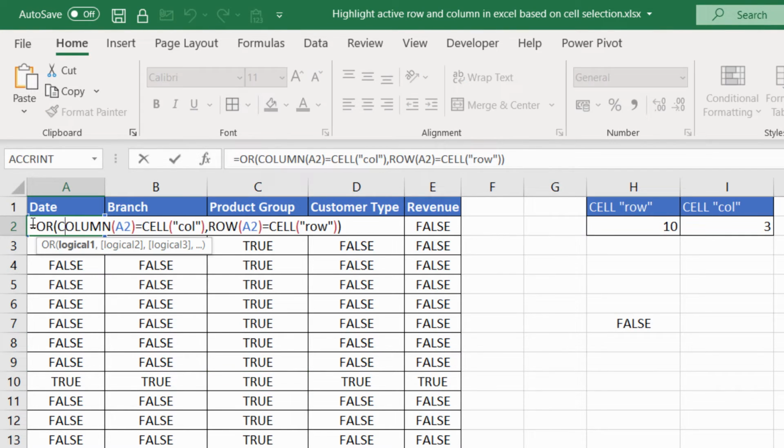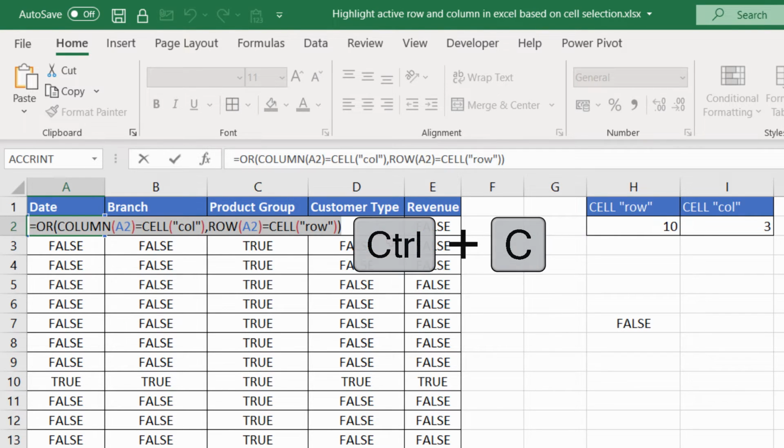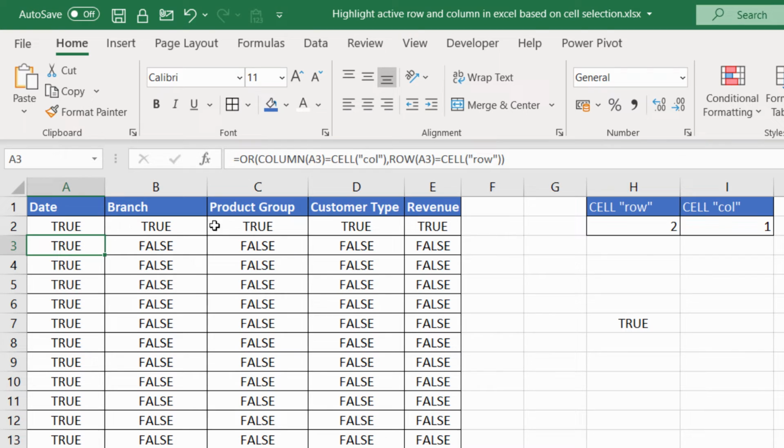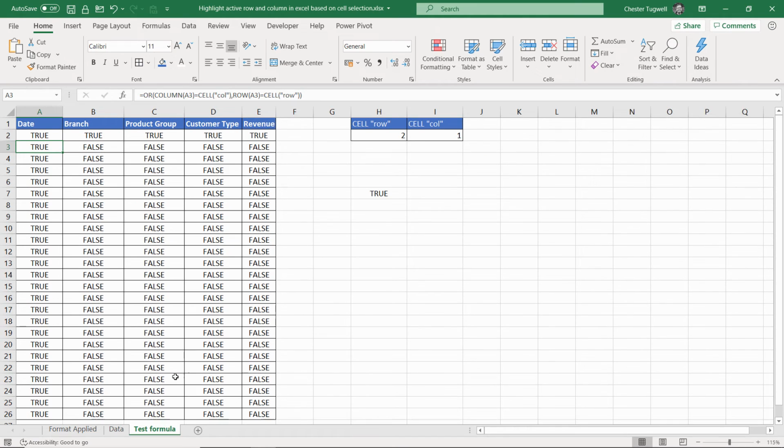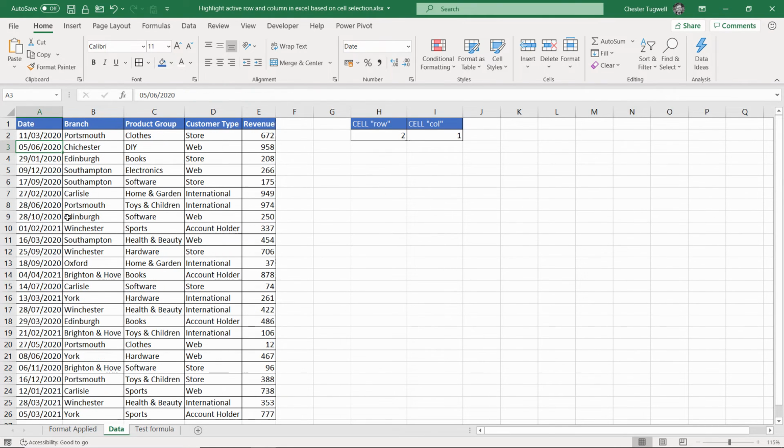I'm going to go up to here and I'm going to copy it, press enter. I didn't need to create this table showing all these formulas, but sometimes when you are devising a formula for conditional formatting, it's useful to test it on your spreadsheet so that you can see it's giving you the desired results. Once I've got my formula on my clipboard, I go back to my original sheet,